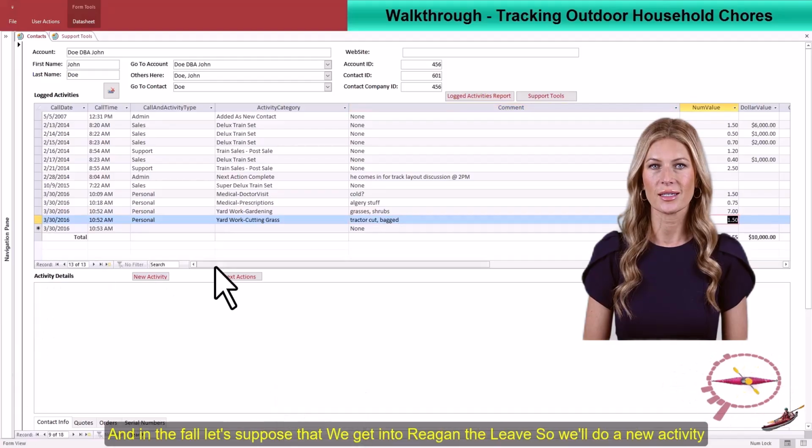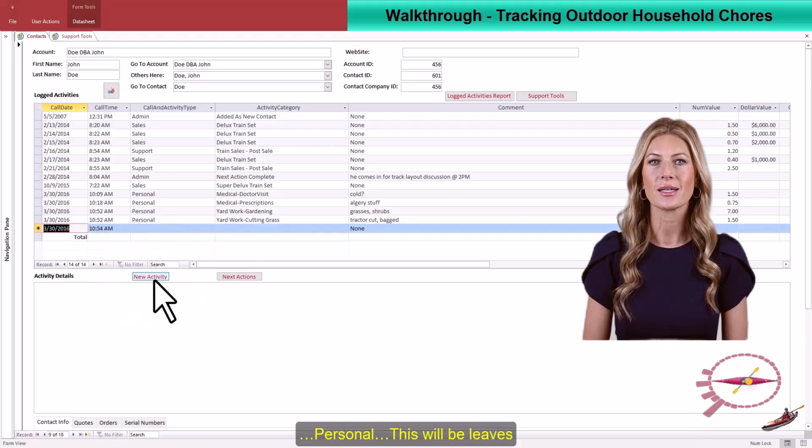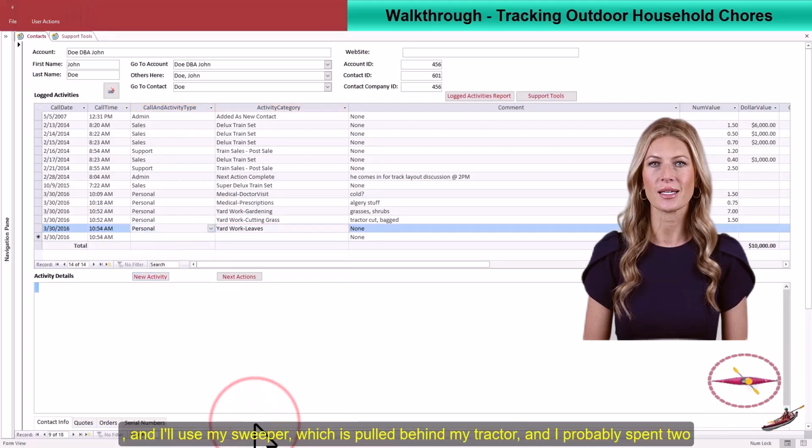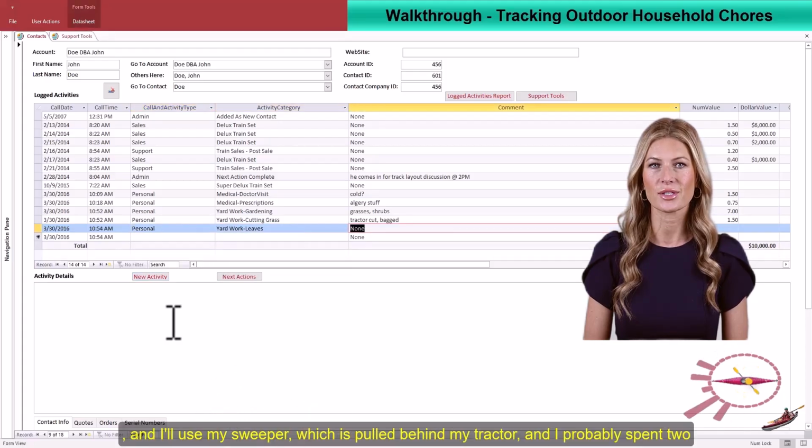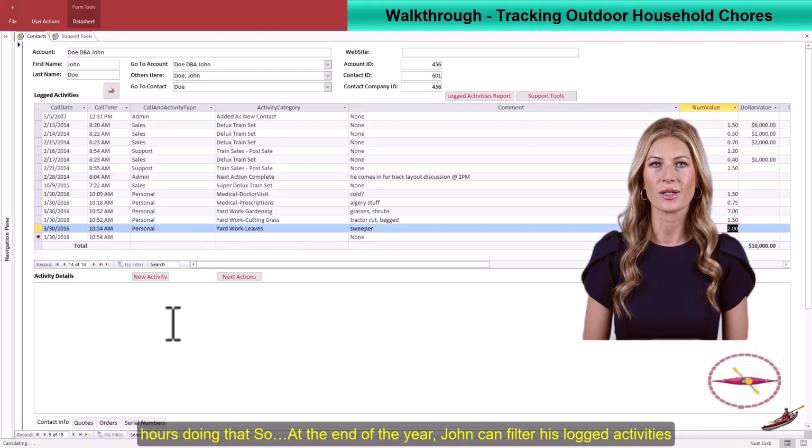And in the fall, let's suppose that we get into raking the leaves. So we'll do a new activity. Personal. This will be leaves, and I'll use my sweeper, which is pulled behind my tractor, and I probably spent 2 hours doing that. So, at the end of the year, John can filter his log activities for entries that have